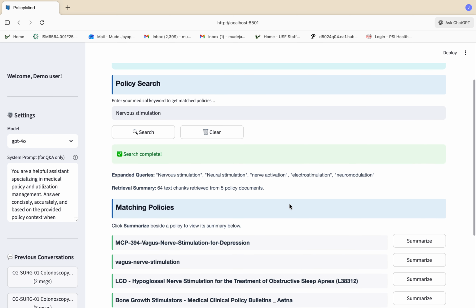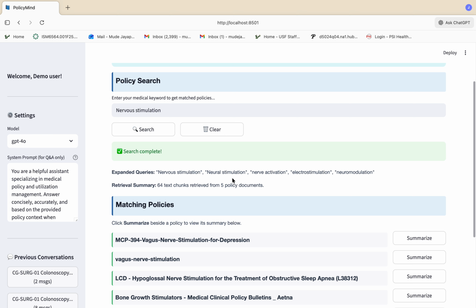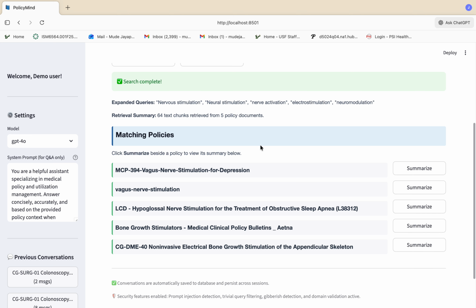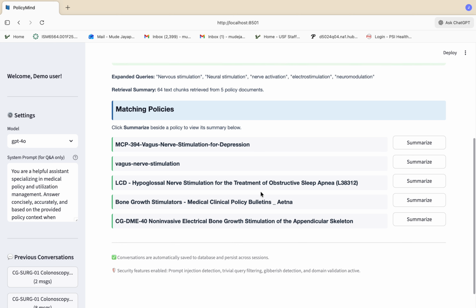Here the app expands the query using LLM-based query expansion, giving synonyms and related terms. It then retrieves chunks from policy documents using semantic search and cross encoding, and then re-ranking and grouping happens to display top policy documents. When I click on summarize,